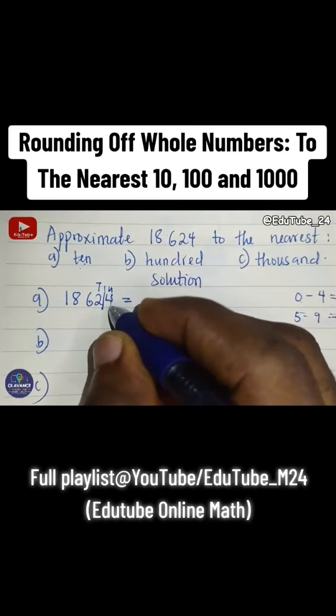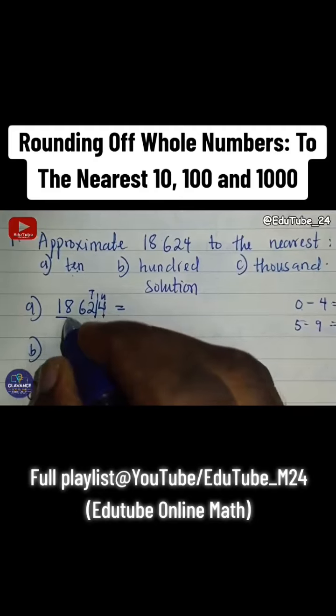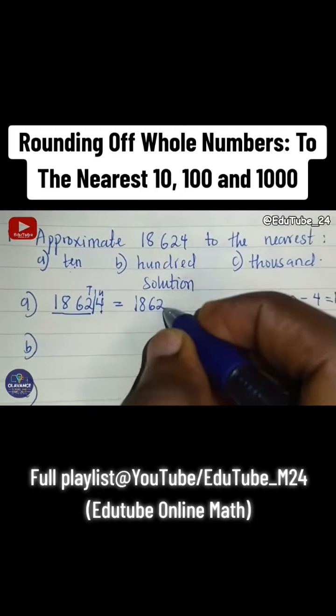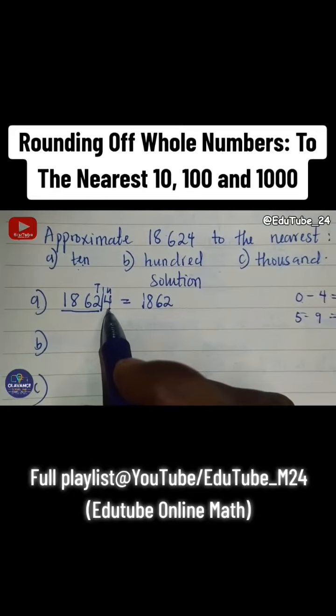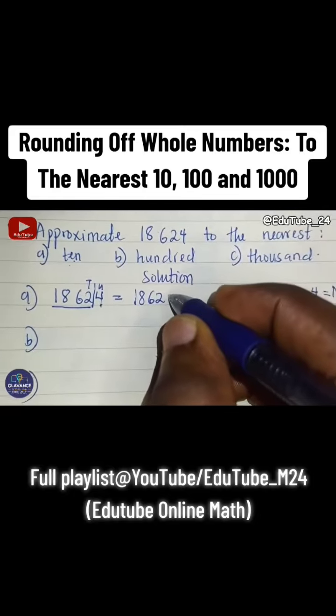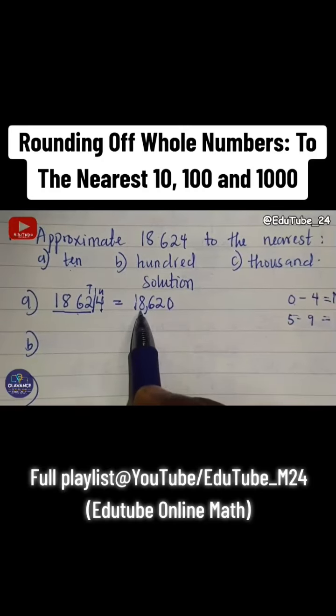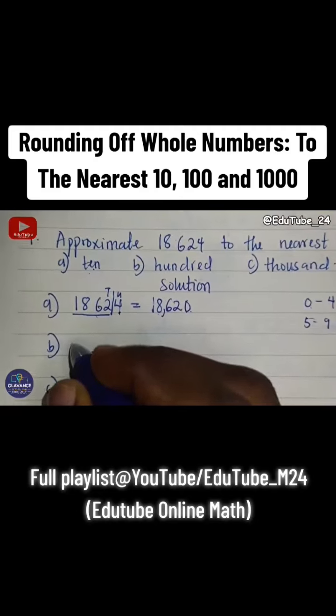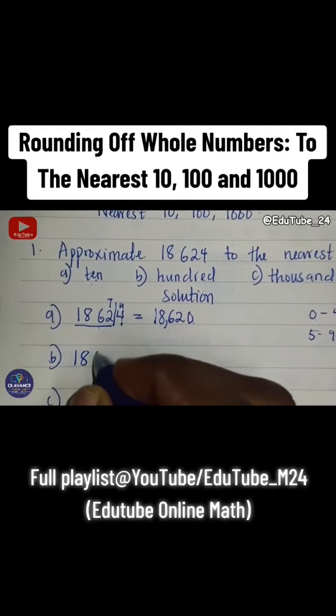So 4 will give out nothing, so we are basically going to write the number that comes before 4, 1862, and then 4 will be rounded down to 0. It will give out nothing, and the new value is 18,620. So then for the second example, the same number,